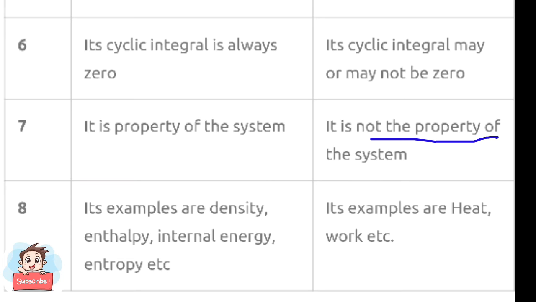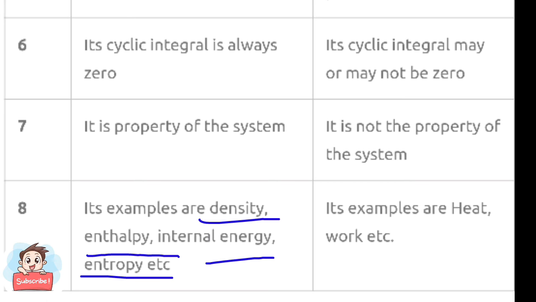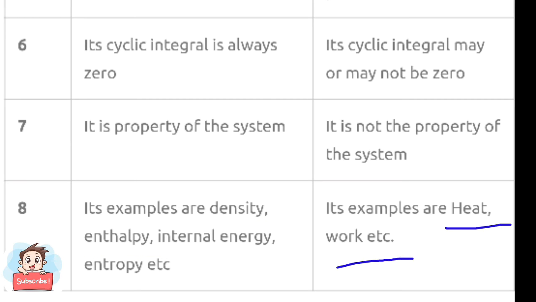And finally, the best examples for point functions are density, enthalpy, internal energy, entropy, etc., including all general properties like pressure, volume and temperature. In the case of path functions, heat and work are the best examples. So this is about the path functions, and next we are going to discuss one more important concept,